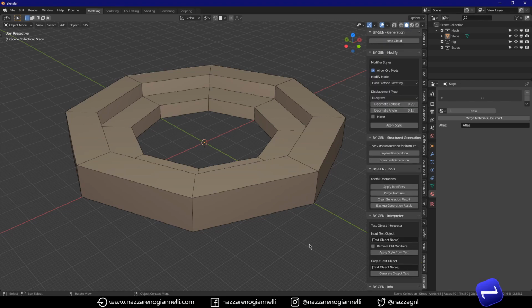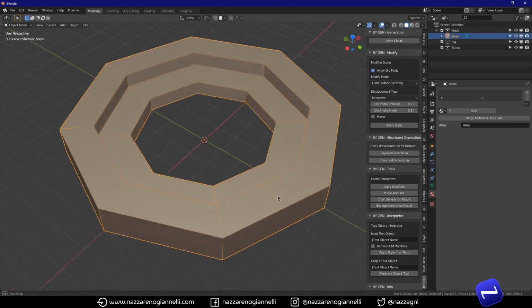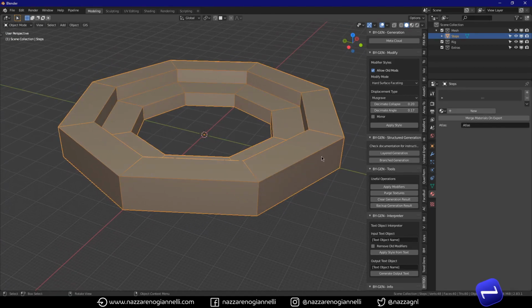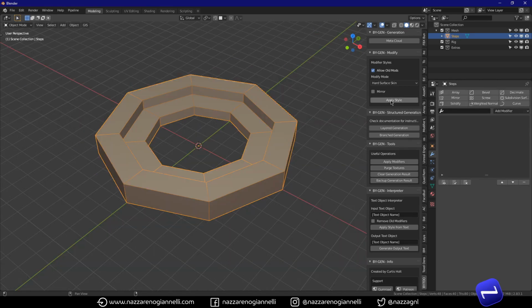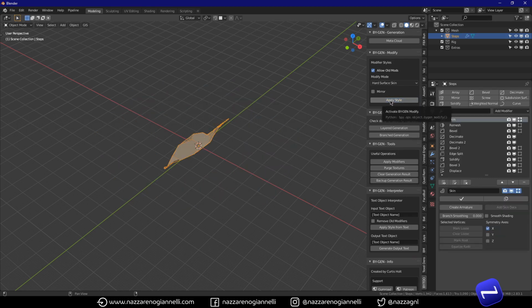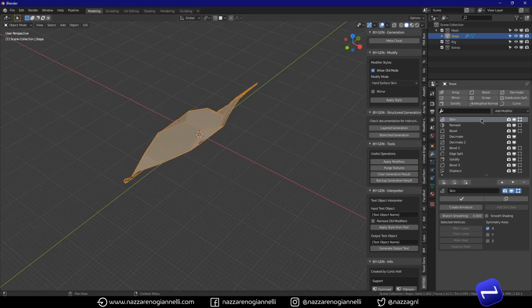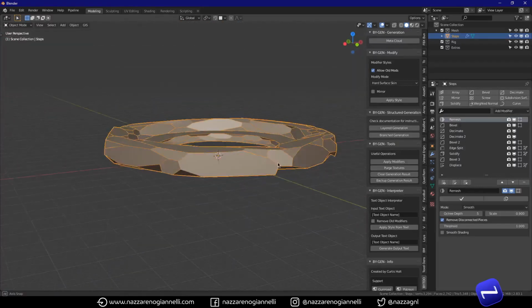So go to By Tools on ByGen, and what I like to do in order to get the effect I want is to change these settings into Art Surface Skin, disable the mirror and just apply it to this mesh. Once we apply it, we will have a lot of modifiers here on the mesh. First of all, let's delete the skin modifier, we don't need it,